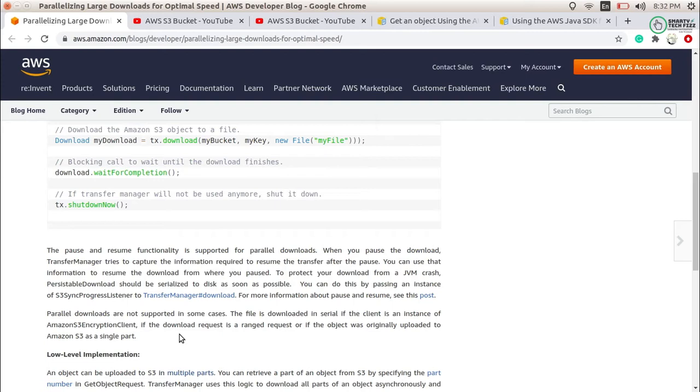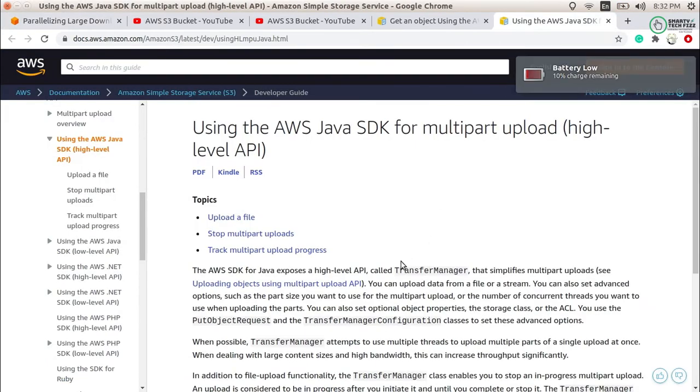So before going to this, you must know what to do if you want to upload an object as a multi-part object. In that case, you can go through this link, or I will even upload another video, so that you will be able to know how to upload a multi-part file or object using AWS S3.